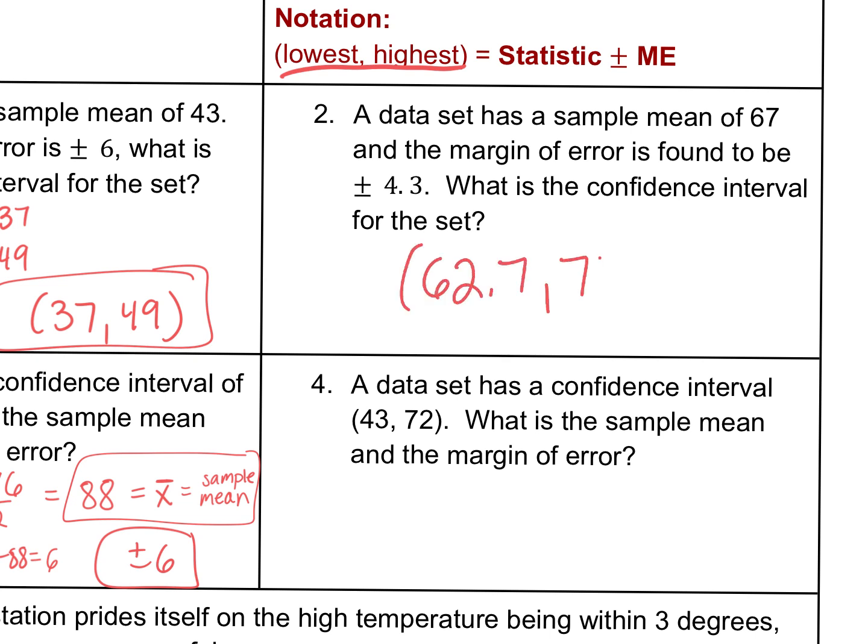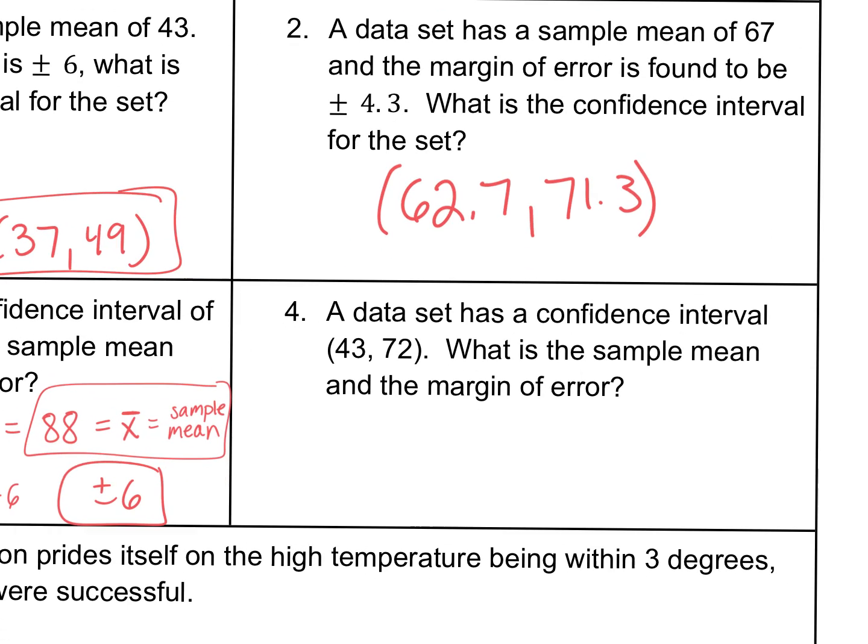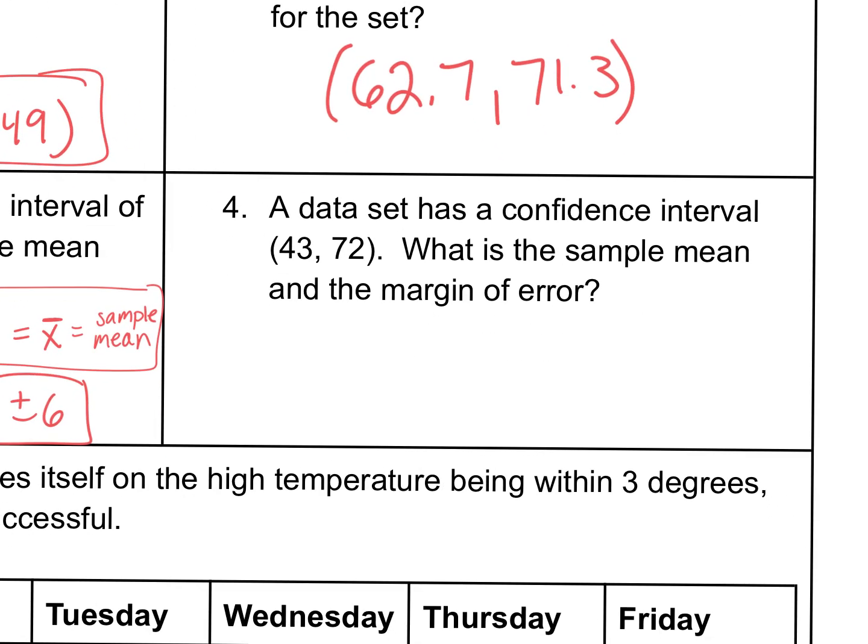62.7, 71.3, Noah tells me. We agree with that? Okay, cool. So we found that by taking that 67, subtracting 4.3, and then taking 67 and adding 4.3, correct? Okay, and then number 4 gives me the confidence interval, 43 to 72, and it's asking me to find the